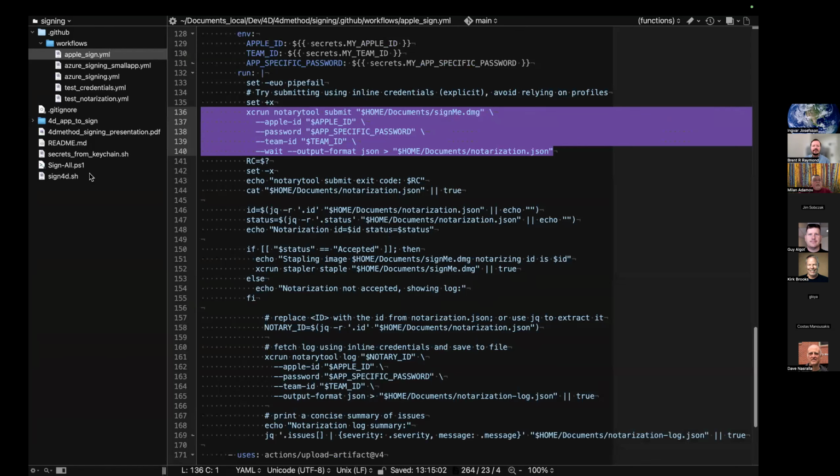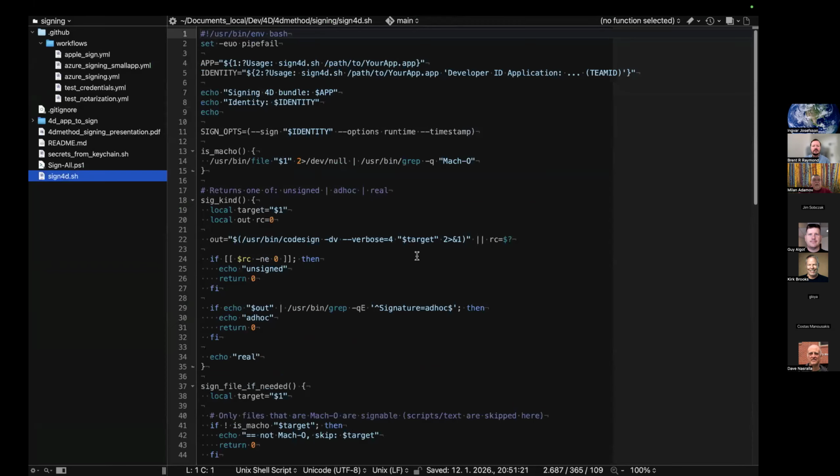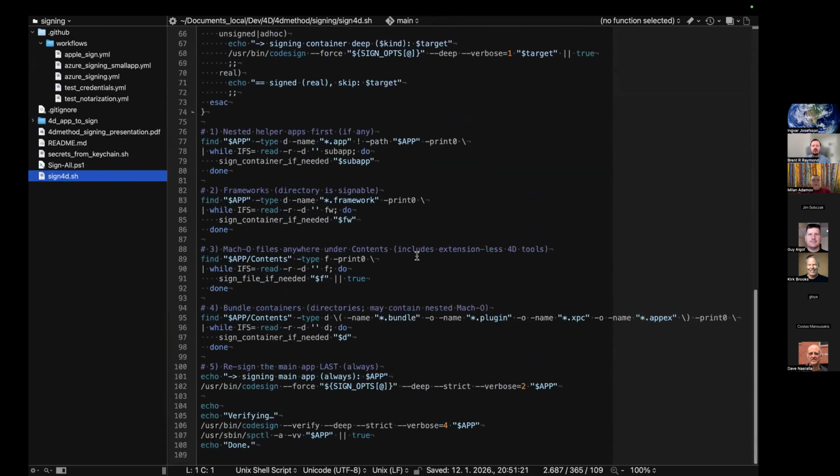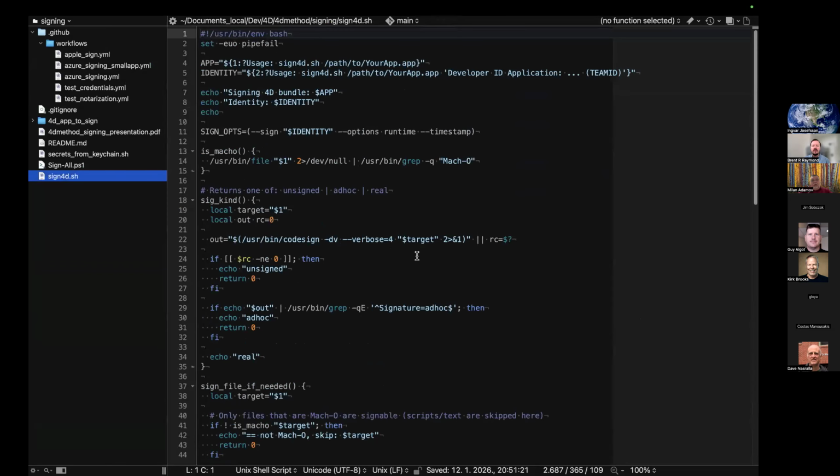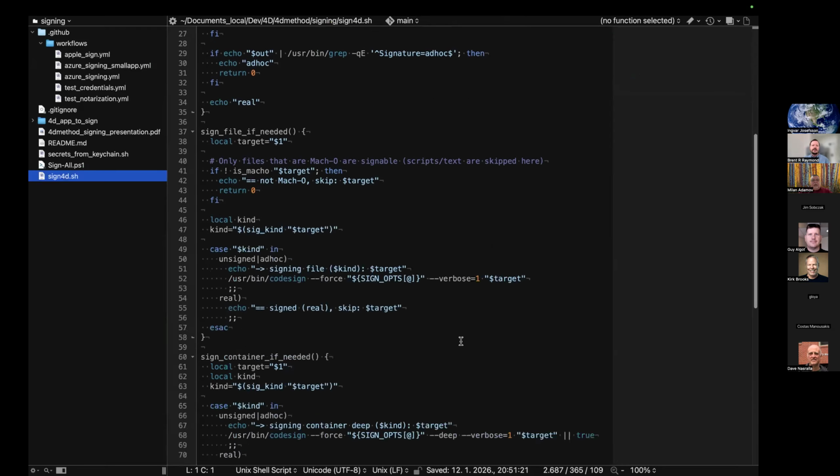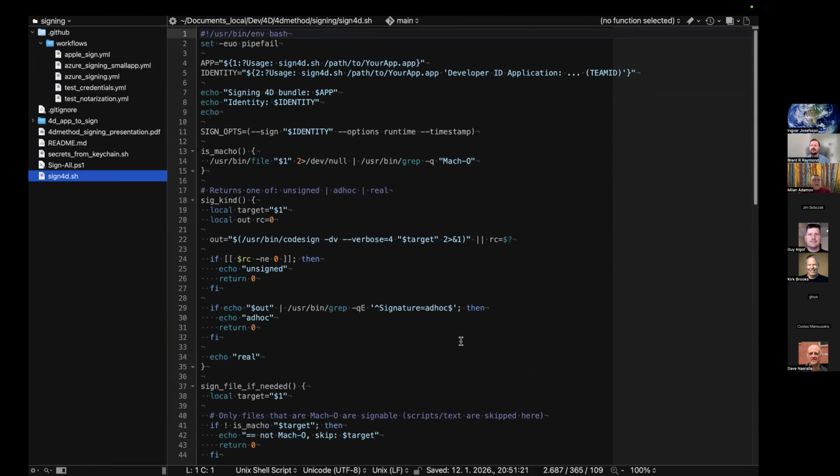So I created this script. It's called sign4D. It's a bash script, and you will use that script to sign if you want to do it manually. Basically, it will go recursively through your bundle and find every Mach-O library, or whatever needs to be signed, and it will sign it for you. So let's try to do it.